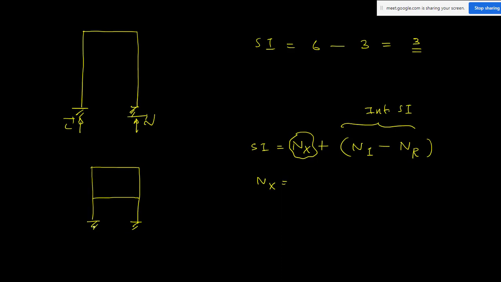Okay, 3 plus 3, 6 minus 3. The external static indeterminacy will be 3. It is not static, it is only external. So I want to find the total. Your question will simply be asking what is the static indeterminacy, and that will be only the total static indeterminacy. If sometimes the question asks for the separate internal one, then only you have to go for separate. Otherwise you always have to give the total.